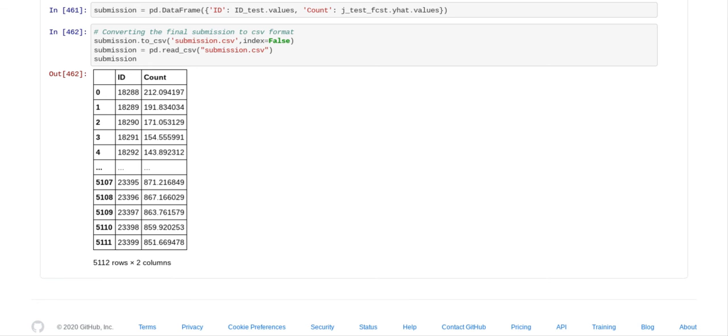And when I submitted it to Analytics Vidhya, I got a score of 365.963, which is okay, I guess. If you look on the leaderboard, the best score was 132.22292.